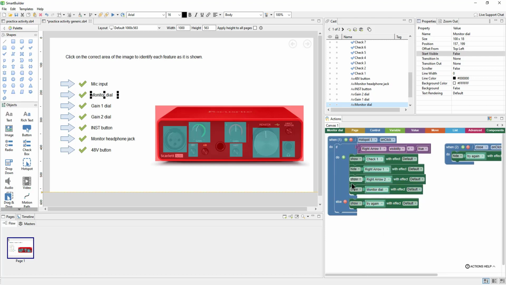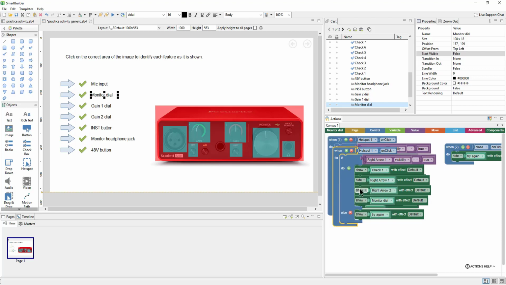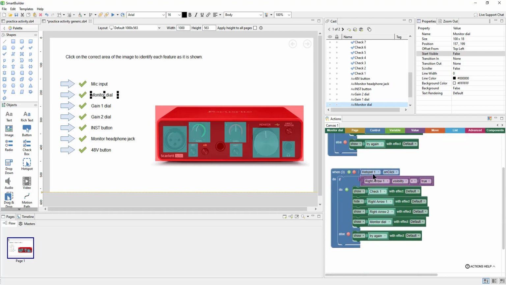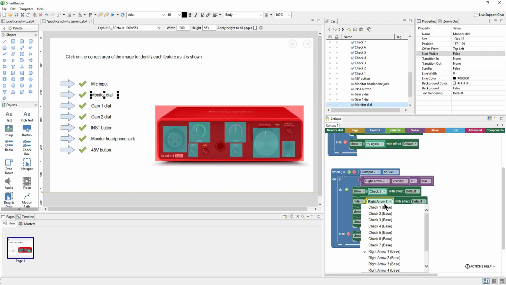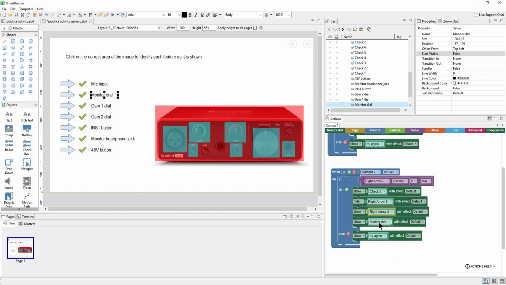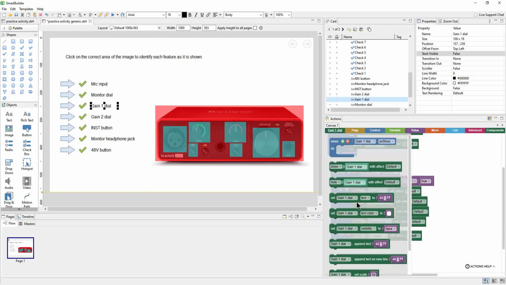All right, so we have this one mostly set up. Let's go ahead and set up hotspot 2. So what I can do is just duplicate this entire action and move it down here. And then we'll need to update this. So we care about hotspot 2. We care about right arrow 2. And we'll show check 2. And we'll hide right arrow 2. We'll show the next arrow, which would be 3. And then we need to show the next dialog here. So I'll just grab that